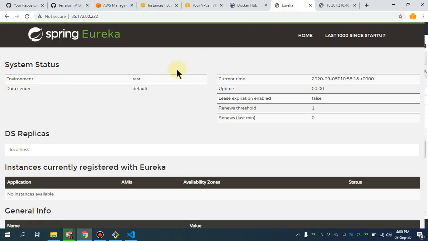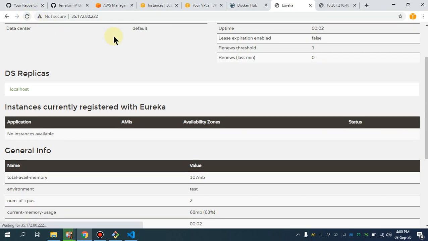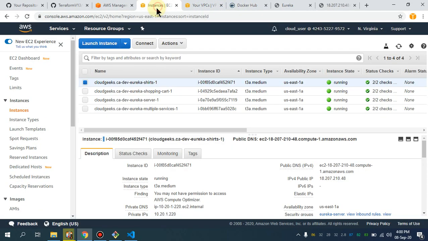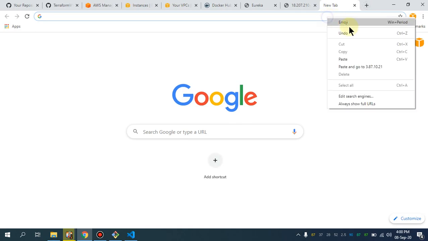If I navigate to my Eureka and refresh, after a short while you will see the shared service registered with our Eureka server. Till then, I'm going to copy the IP address of the shopping cart and put it here.